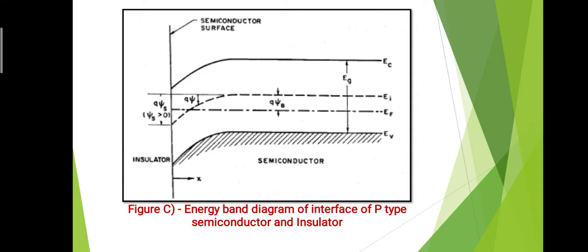But how are the interface states formed at the insulator semiconductor junction? There is a bending of the bands, both the valence band and the conduction band. The conduction band goes downward and the valence band goes upward. Accordingly the intrinsic level will shift, and the Fermi level remains as it is. So there is a formation of the interface at the insulator and semiconductor contact. This is the energy band diagram for that.